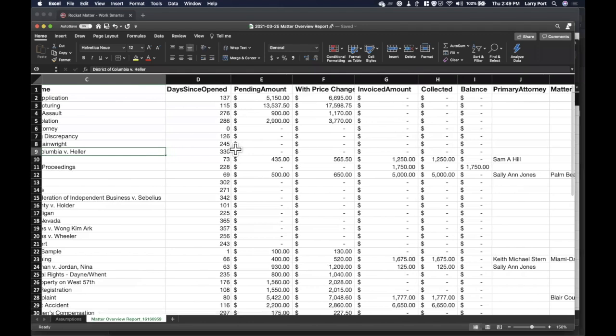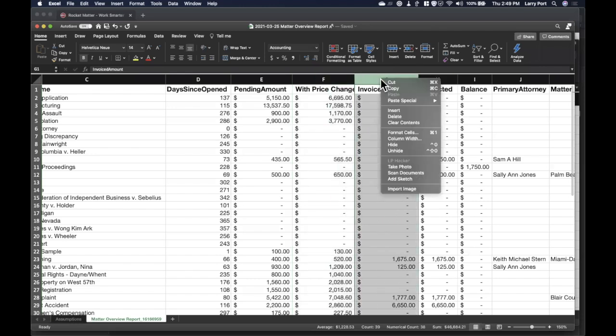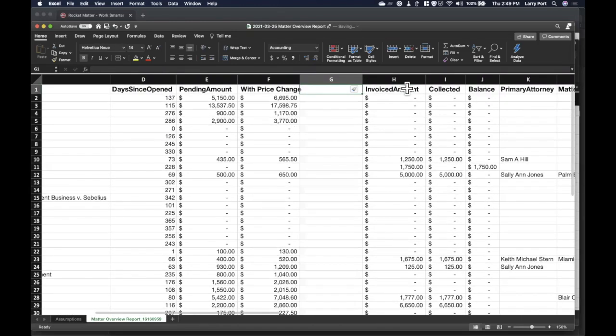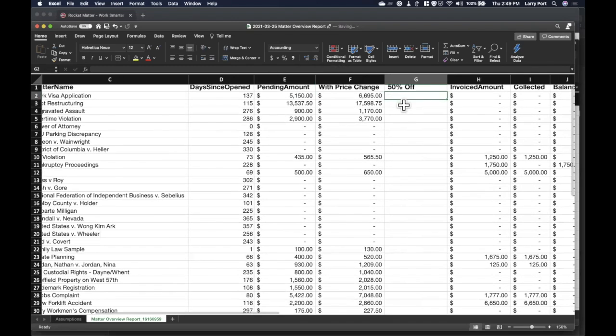It doesn't exist, right? So what happens if I have another column in here, just to prove an argument, and I say half, 50% off.